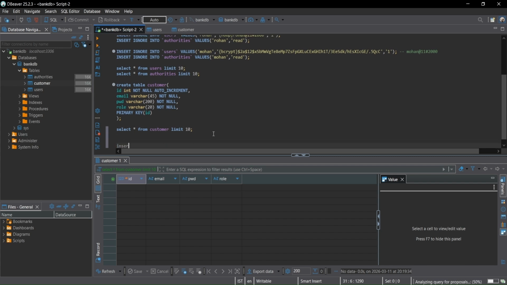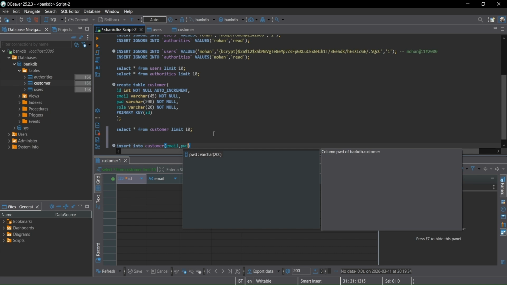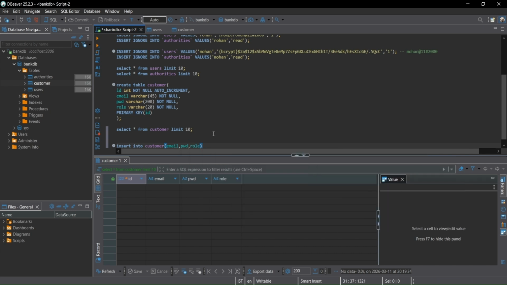Let's just insert into customer and I'll specify the column names: email, password, and role. I'll just use values, and here I'll add